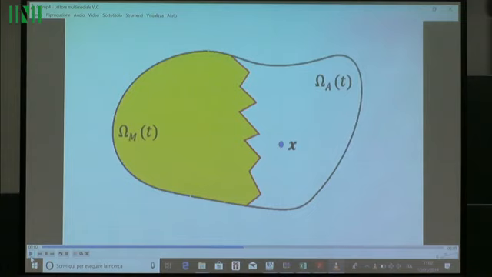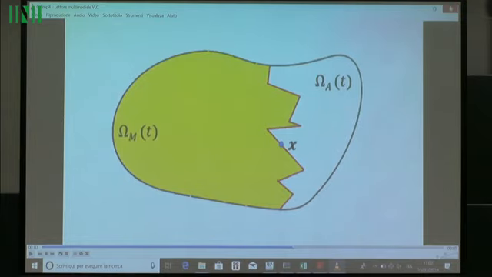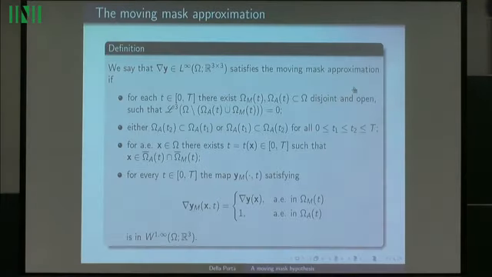And what we assume is that the martensite domain is expanding. And what we also assume is that for almost every point in the domain, there will be an instant in time when the interface is passes through the point. So this is the instant in time when the interface passes through the point. And so following this